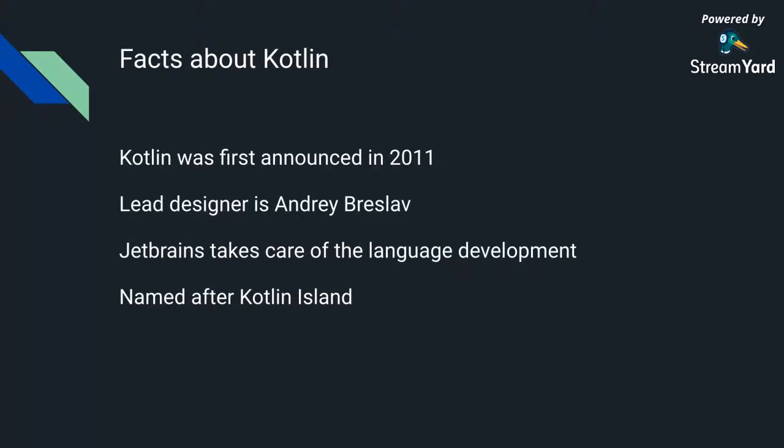Also, Kotlin is named after an island. Java is named after a coffee bean, but there is also an island called Java. So this is a fun fact. When they were naming Kotlin, they used the name of an island which is near St. Petersburg. Kotlin Island is an actual place, and if you're wondering where the name Kotlin comes from, it comes from this island. So that is some of the fun facts about Kotlin.